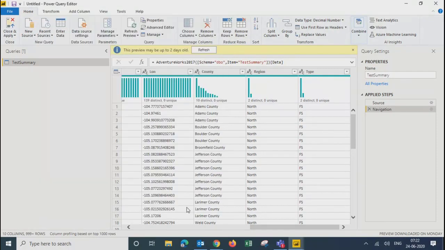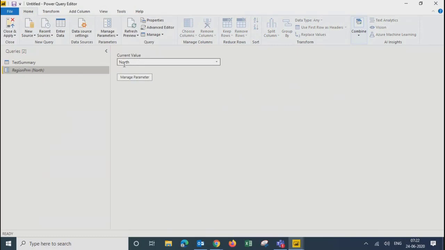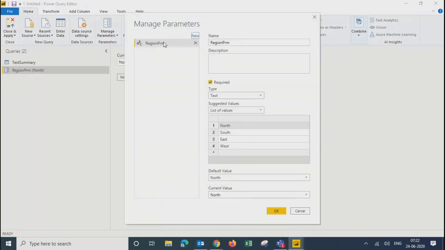We'll click on OK. This is the parameter which got created, and it has all the values as a drop down, so I can select any of these values, right? In case you go to manage parameters, the same screen will appear again. Over here, you can see the current parameter. You can add a new parameter from here also, right? Any question in terms of adding a parameter?